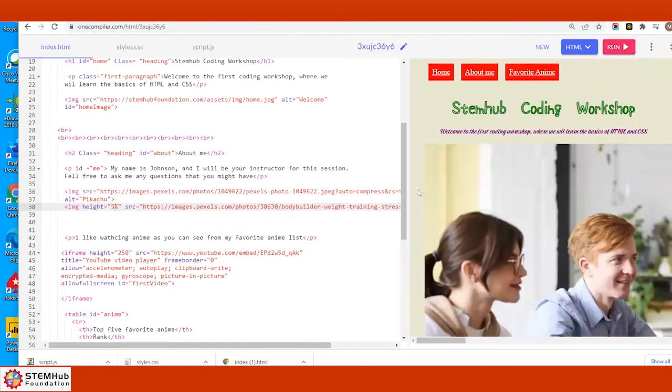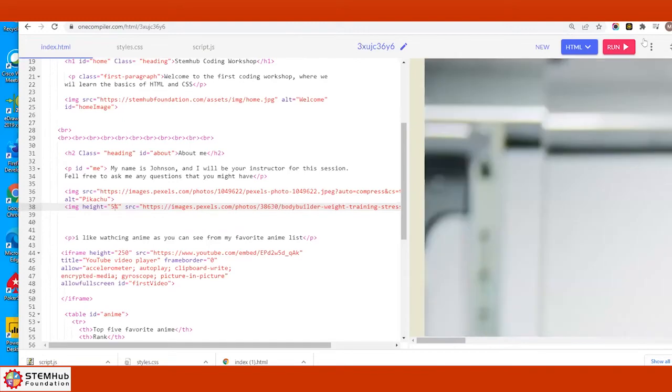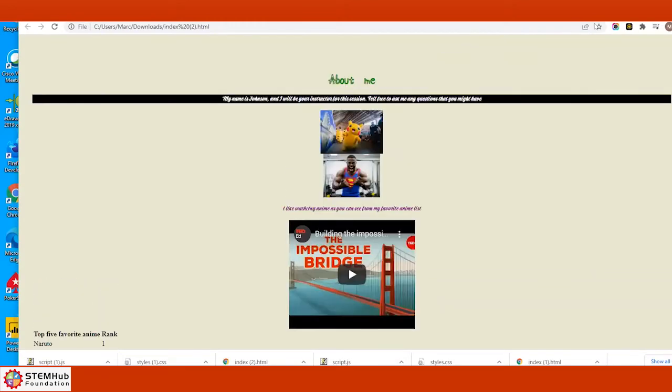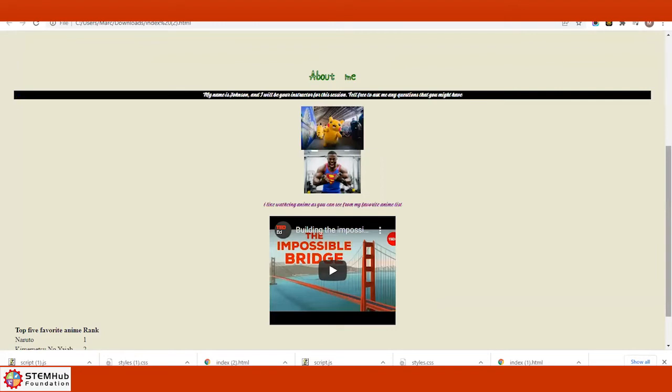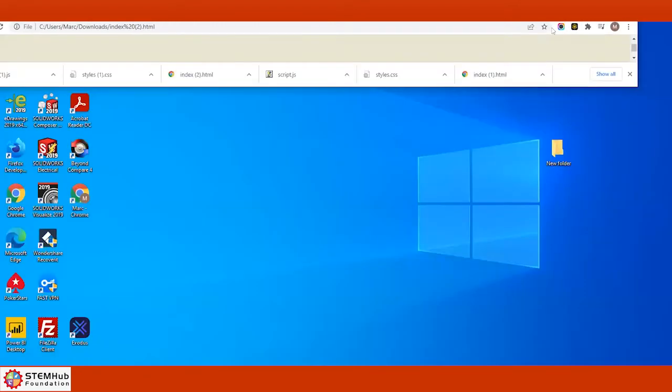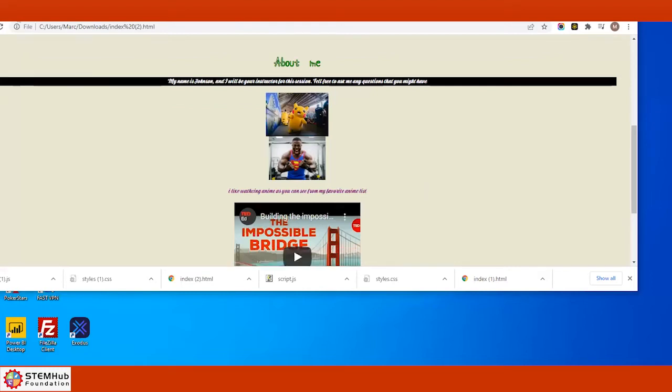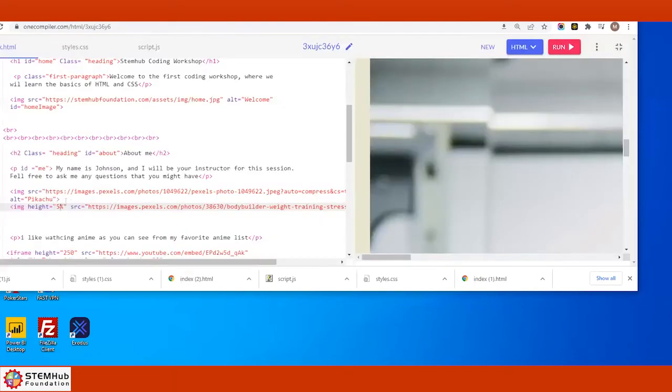Scroll down here. See what the image is, and let me download it and see if this actually works. And keep. And let me go like this to open. And the image is supposed to change based on the size of the screen. So let me just go here for a quick sec. See if I can adjust it here. So let me just double check. I think it might be width because it might be related to the height. Maybe it's the width that you actually have to do it with. Let me just double check here for width.